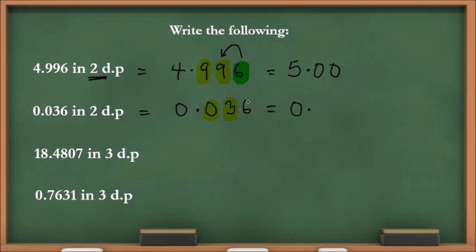Well, we have to consider this 6. Now, considering the 6, this 6 is more than a 5. So we'll be adding a 1 to the 3. So we'll be having 0.04. So that's going to be our answer. Remember, it's 2 decimal places. Out of the decimal point, I want 2 figures. So we have 0.04. We've obeyed our rule. Now here, we've got